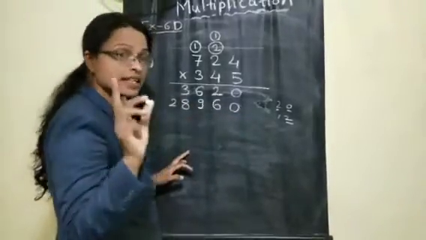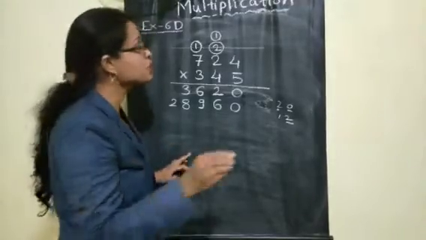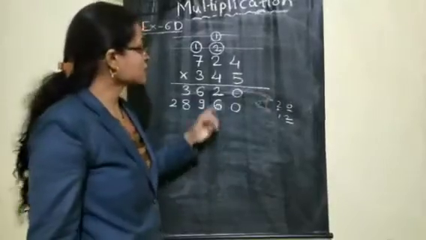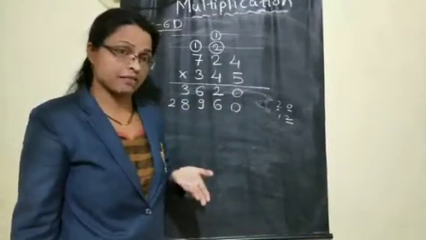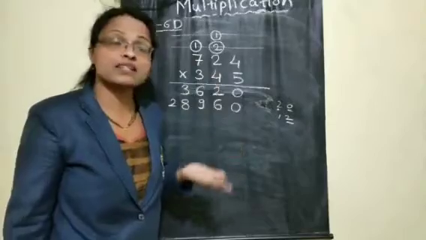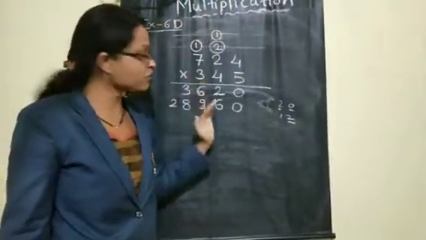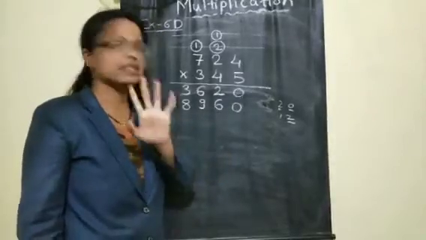Once your second step is over, what will you do? Please put one dash on the upside carry, because now you will start with the third step and chances are again you will get some carries. So you have to write proper carries. You should not mix carries for adding the numbers and all. Please keep in your mind.